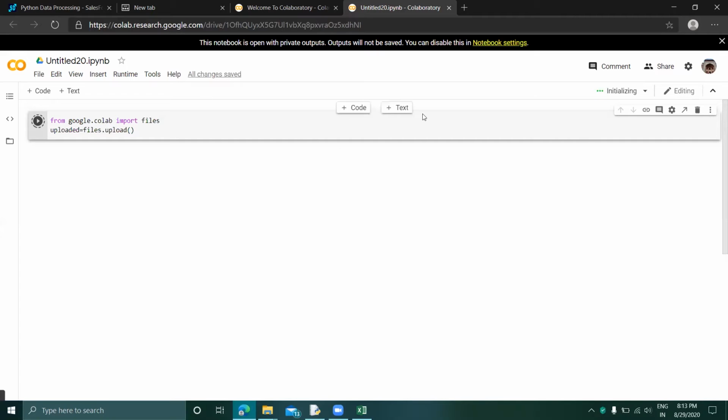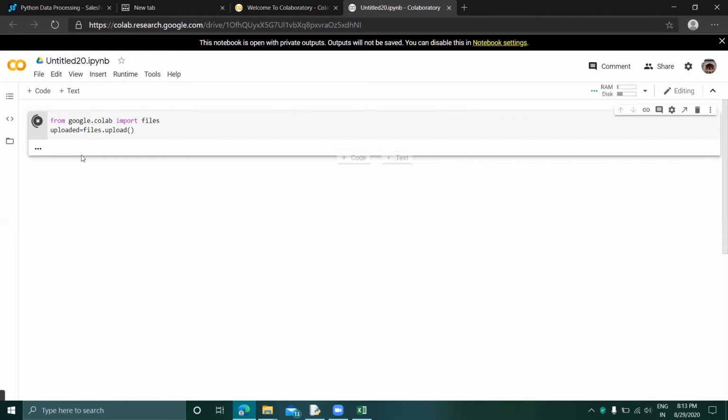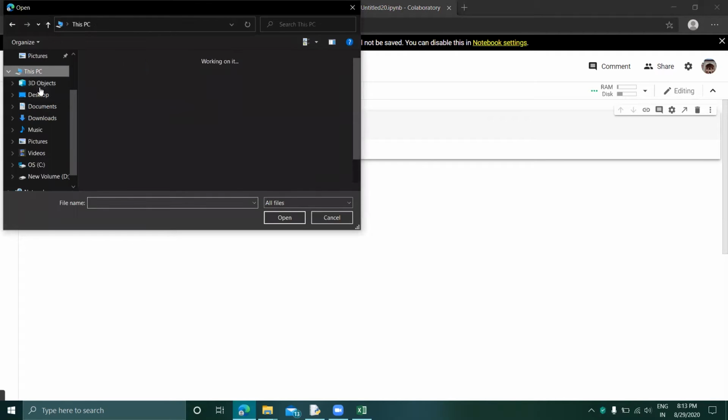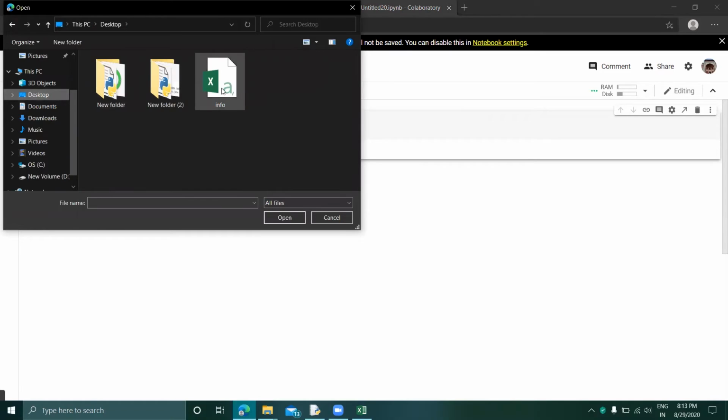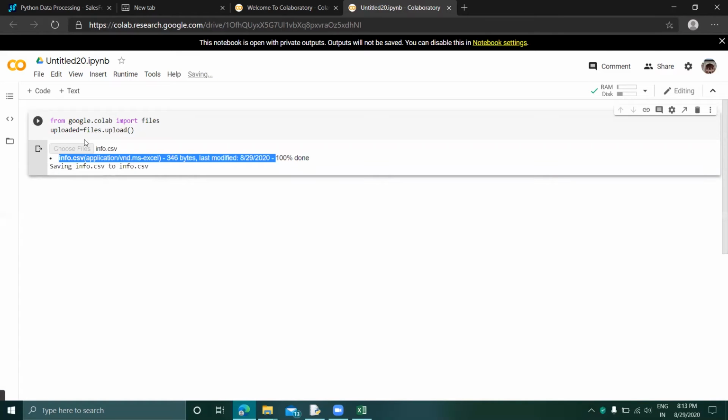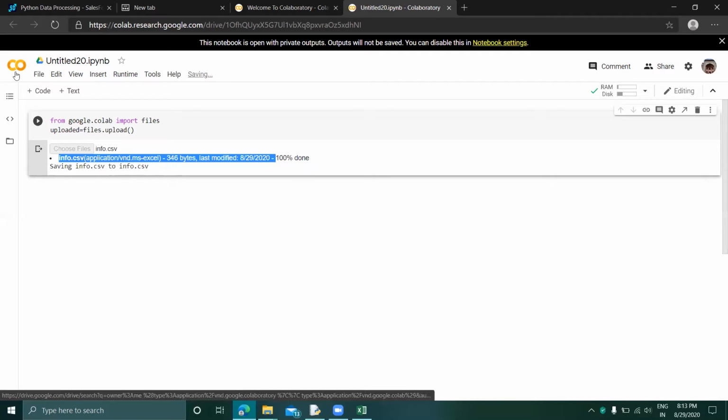Wait for the initialization. It is connected, and now we get the option to choose the file. I go to the desktop, select my info.csv, and it starts uploading. It is successfully uploaded to the Google server.